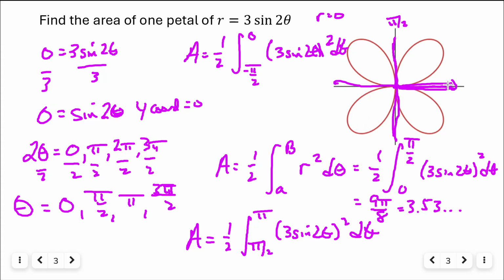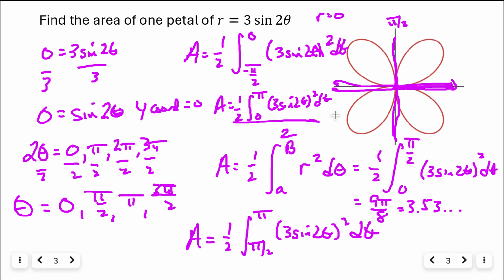You could find the area from 0 to pi and then take half of it. Find the answer that you get by taking 1/2 the area, or the integral from 0 to pi, 3 sine 2 theta squared d theta, and then taking half of it. Because this to here are both of these petals, but you want the area of only one of them. Okay, so that's what I want you to understand, is that a lot of these problems, there are multiple ways